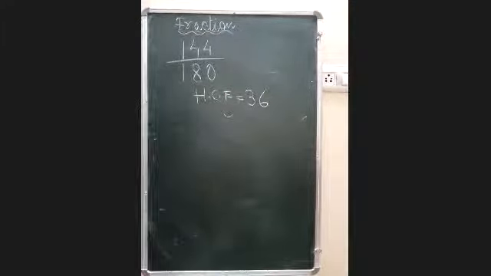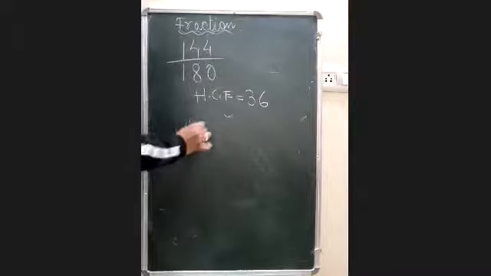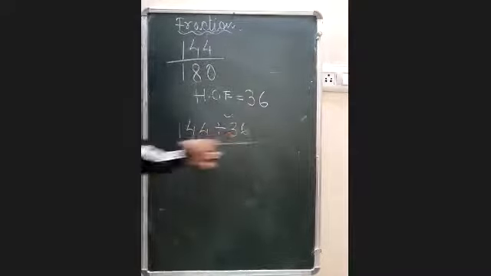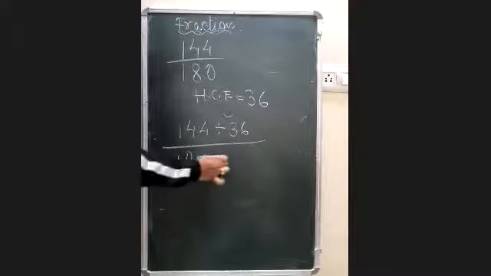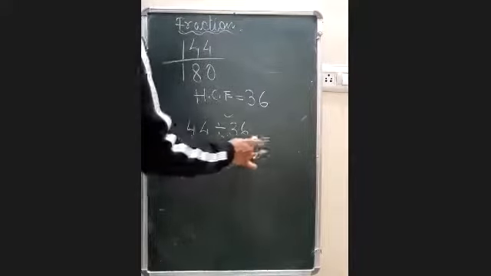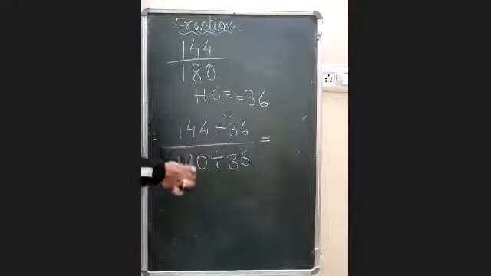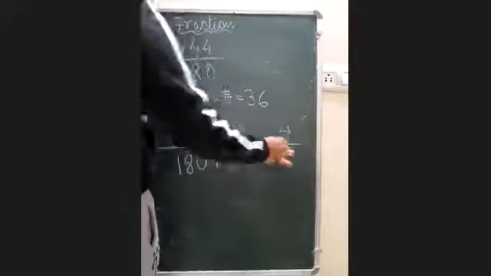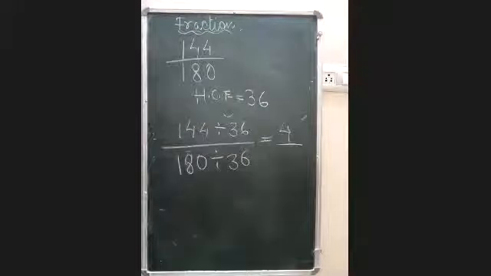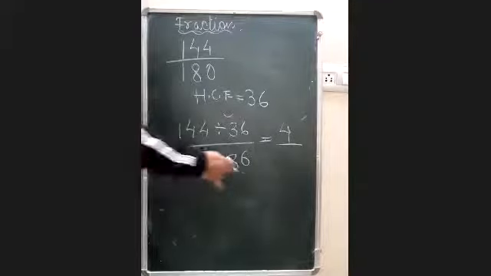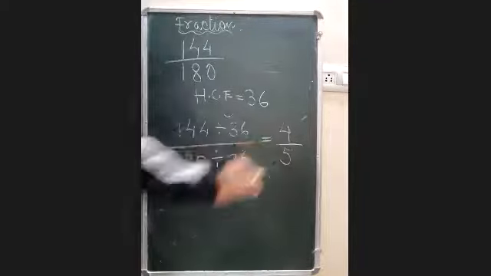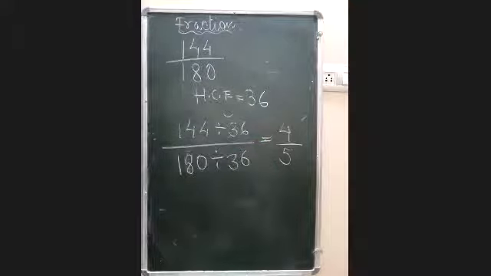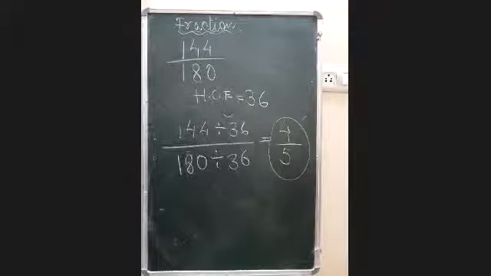ठीक है, now next process. What will be the next process? You have to just divide both the numbers by 36 only. 36 and here also 36. ठीक है, and when you will divide both the numbers by 36, now let us see what will you get it. यहाँ पर इसको divide करोगे, अभी just किया था 4 times it is going. 36 4 जा 144 and this 180 goes 5 times. 36 5 जा 180. Now this is the simplest form, 4 by 5.